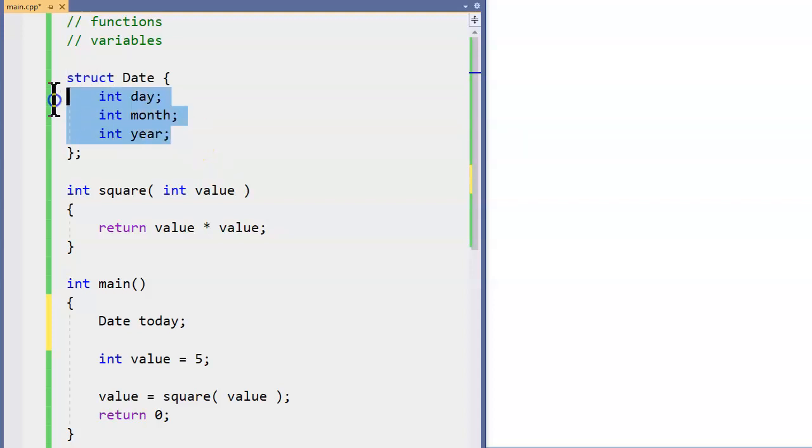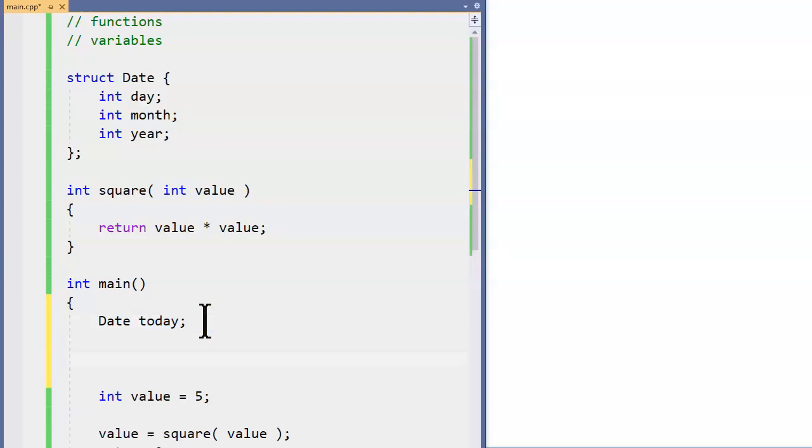So we decide what kind of variables these structures should have, or what kind of data attributes should be included in them, and then we can just declare them as regular variables and start using them. So for instance, then once we have this in place, I can go and say today day equals 10, okay? And so this is an example of using a member data variable inside the structure,